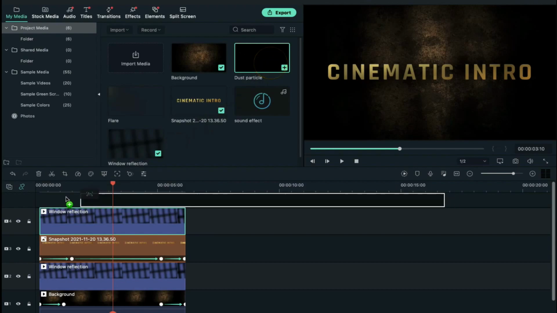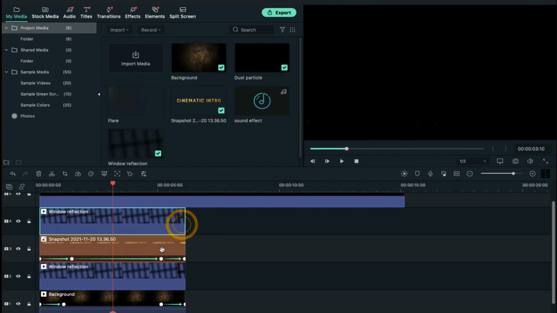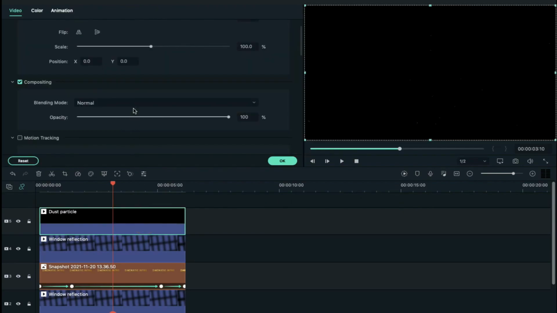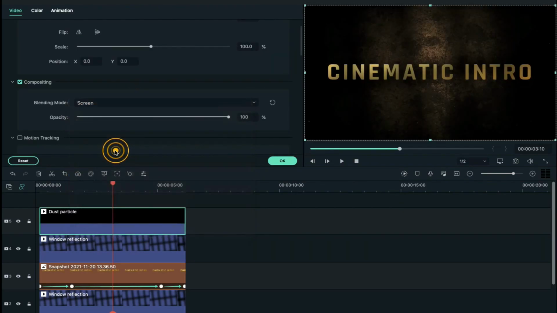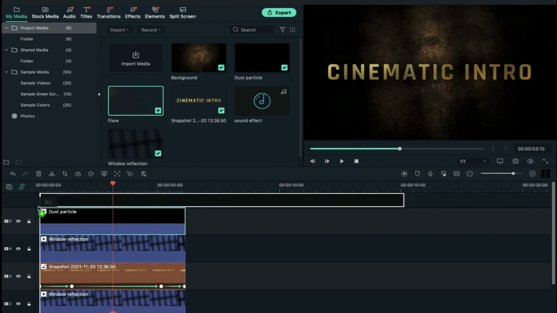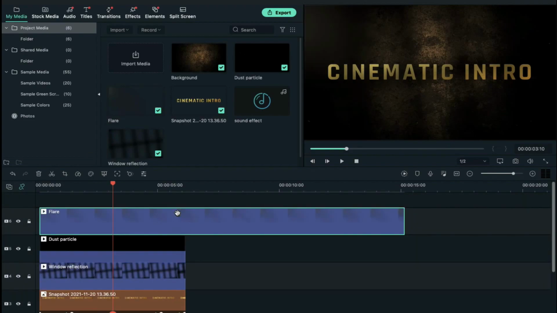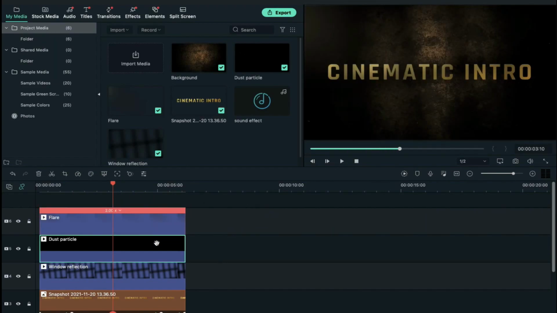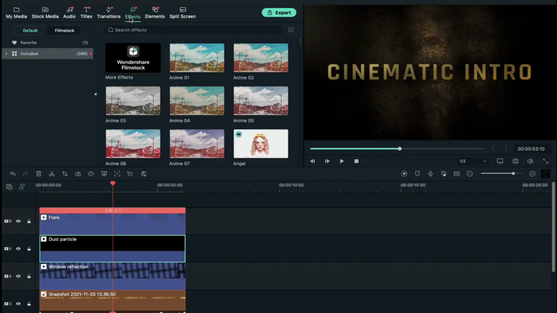Now drop dust particle clip on track 5, decrease its duration, double click on it and change its blending mode to screen. Now drop flare clip on track 6, increase its speed to 2x and decrease its duration. Then go to Effect, search for Sharp